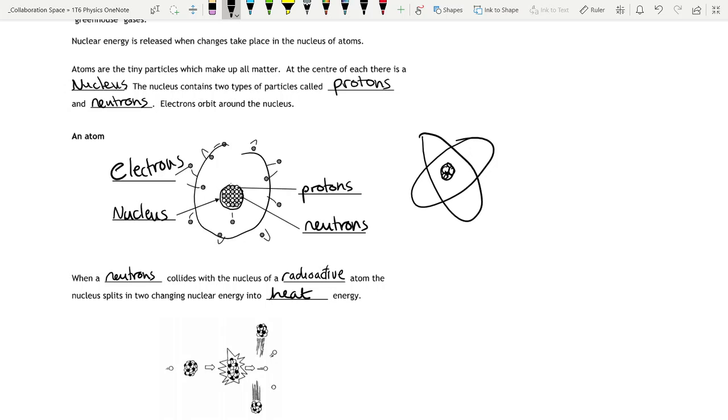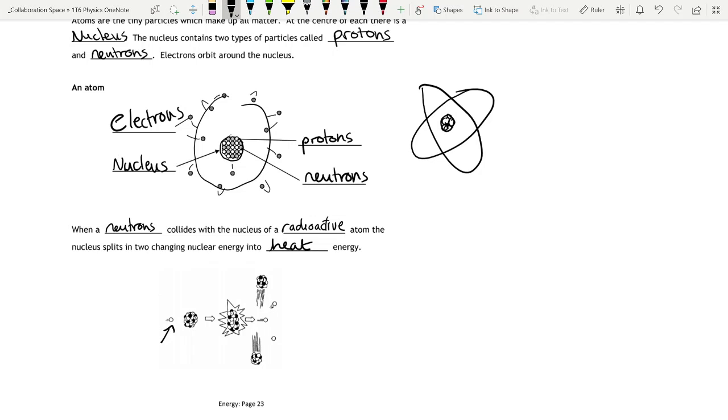Okay, so that process of splitting in two produces heat energy. So we've got this neutron that we've fired in just on its own. This is the nucleus of a radioactive atom, and this is it splitting, producing heat energy. And it splits into two smaller nucleuses, but also fires out some